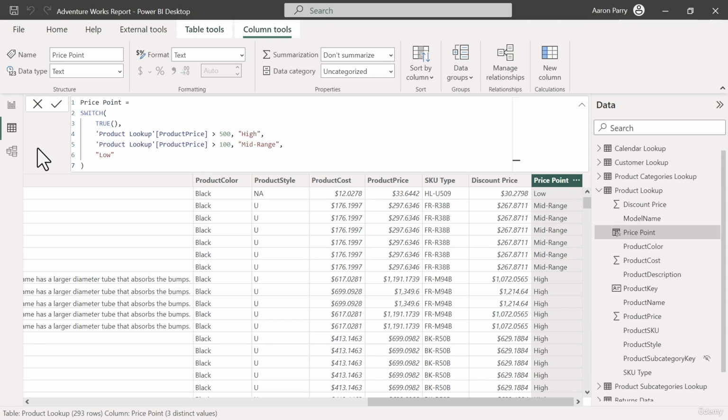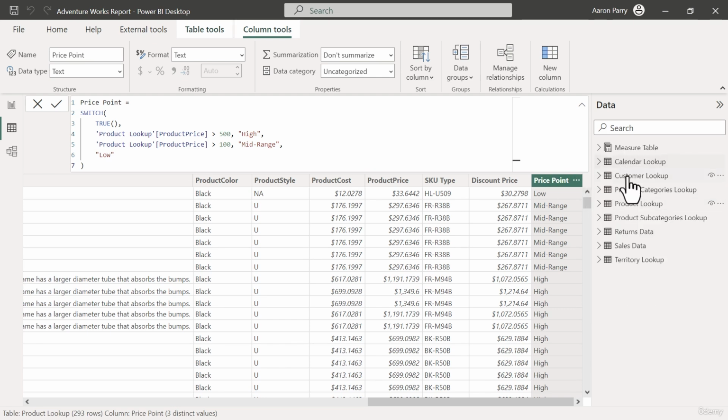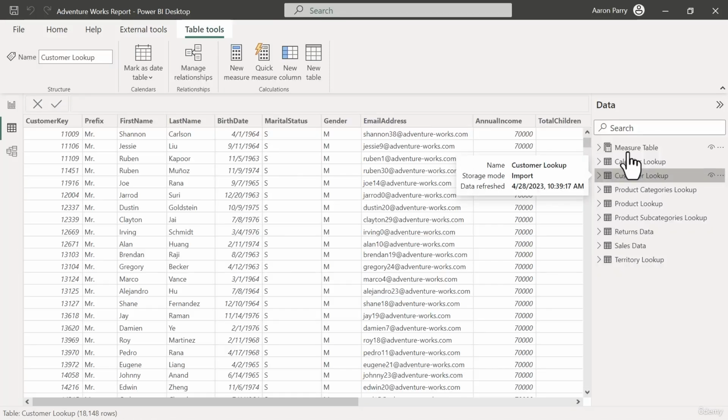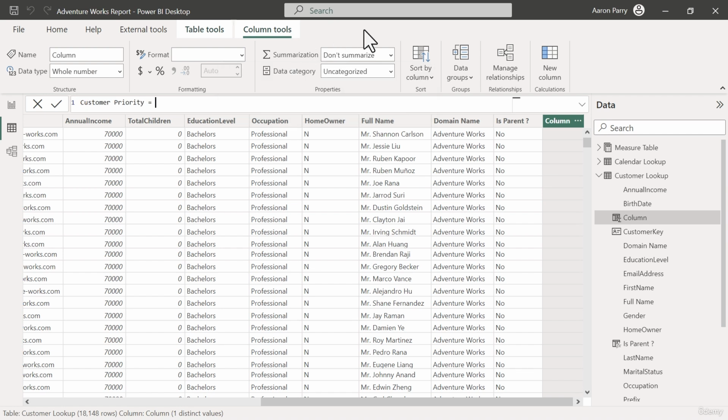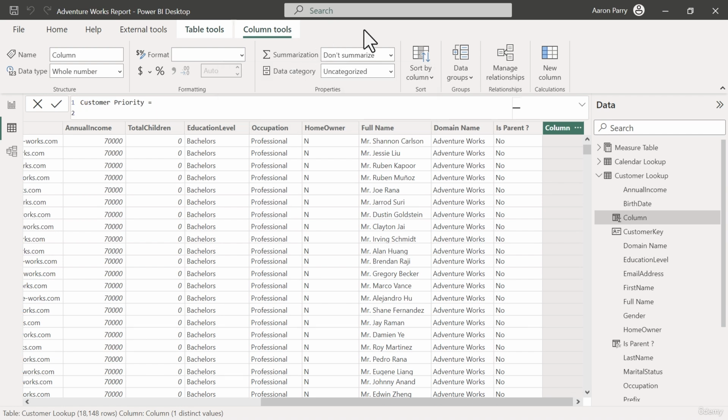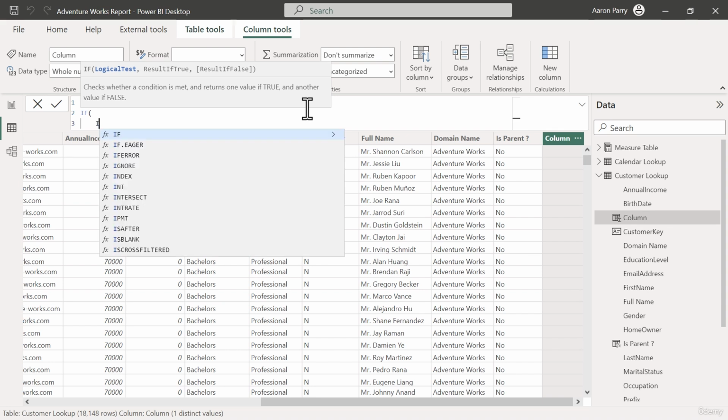All right, so up first, we're going to dig into customer priority. And for this, let's head over to our customer lookup table, and we're going to create a new column. We're going to call this customer priority. Based on our key objectives, we need to use a couple of criteria here. We need to say if the customer is a parent and if their annual income is over $100,000. So we're going to use an if statement and we're going to say is parent